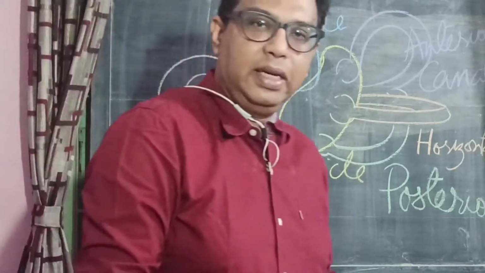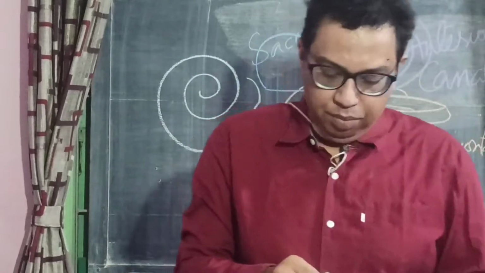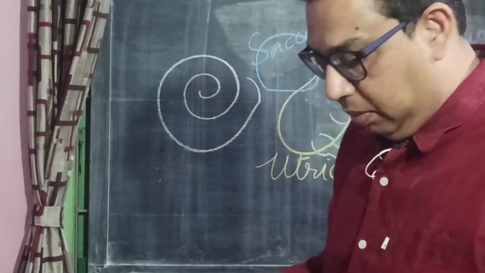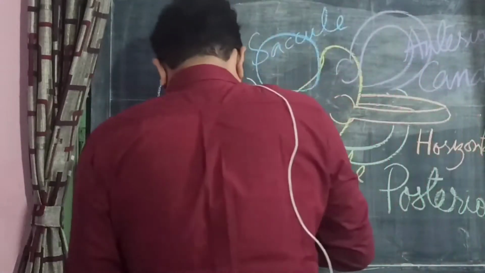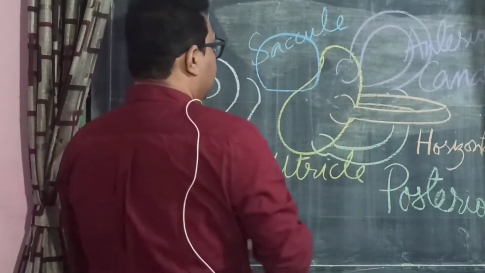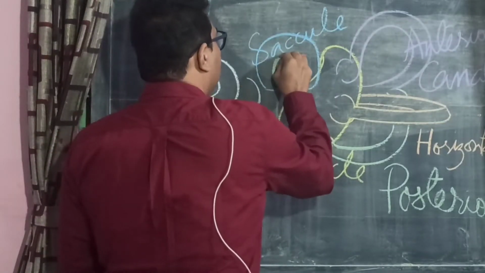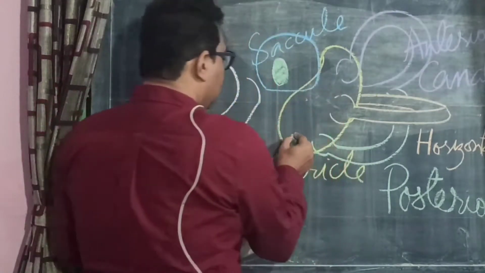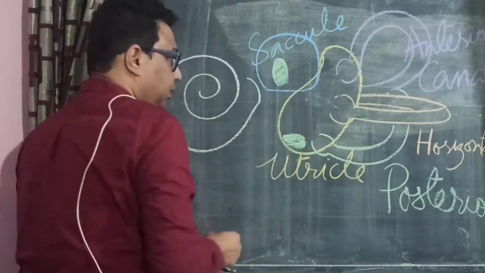And what do we have inside the canal? Inside the canal, we have hair cells. We have been introduced to hair cells in the topic pertaining to the auditory system. So, hair cells are also part of the sensory apparatus here, whereby they lie in this configuration. In the saccule, the hair cells are in a patch called the macula. Also in the utricle, they are in a patch called the macula.